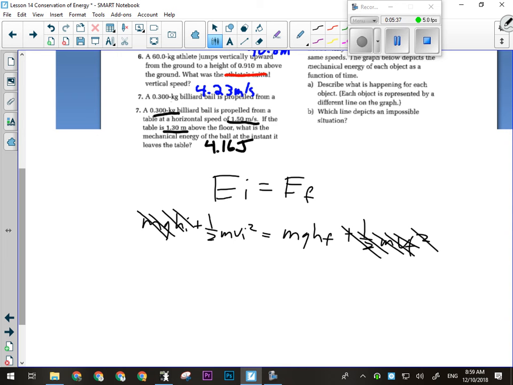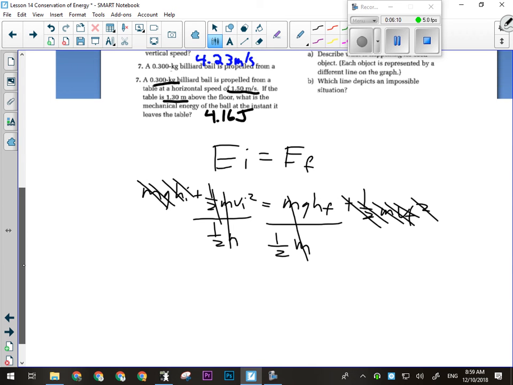So we are looking for how fast they were going when they left the ground, their initial vertical speed. So I'm going to divide both sides by half of m. And what's going to happen to m? It's going to cancel off. It's on both sides. Because this would be true for any athlete, regardless of their mass. If they want to get to that height, they have to generate that speed. Depending on your mass, that means more energy, but they need to generate that speed in order to